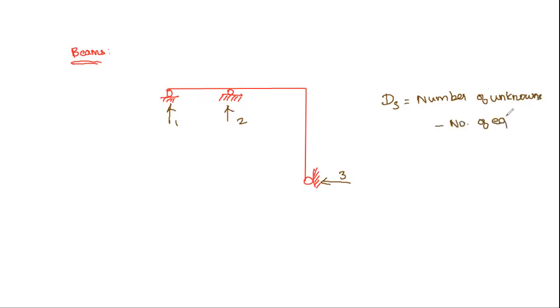the number of equilibrium equations. So the number of unknowns is 3, minus the number of equilibrium equations, which is 3, as it is not subject to a particular loading. If it is subjected to a vertical load or horizontal load alone, this number of equilibrium equations will change. So 3 minus 3 is 0. So the degree of indeterminacy is 0, which indicates that the shown figure is a statically determinate structure. So note down the second sum.